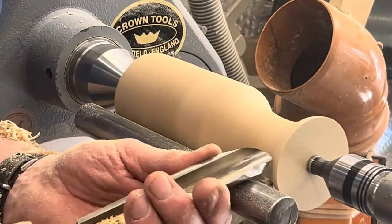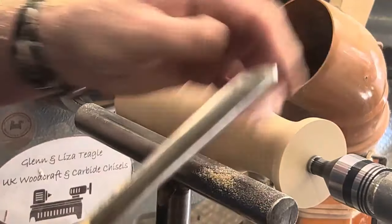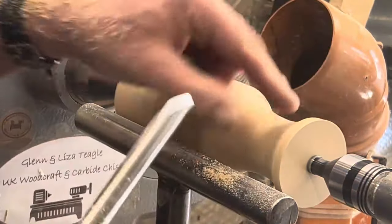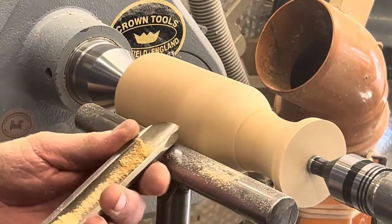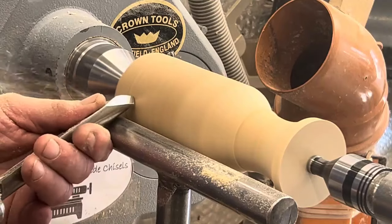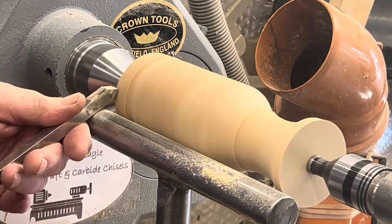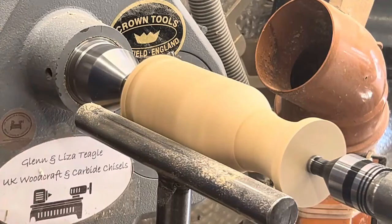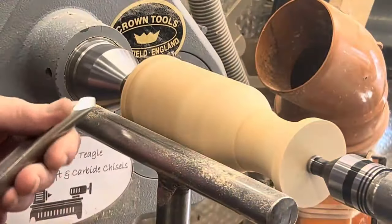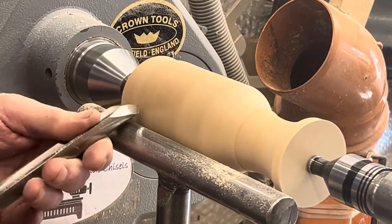There we go, right, so it's got to sort of have that flat at the top, see? Because that's got to mimic that top. Which means I've got to roll the beads from that down. Right, I've got to have room for a tenon on the bottom. I'm going to put the tenon on first, just so I know where I am. Right, I've got to have a little bit bigger than that, so I'm going to...